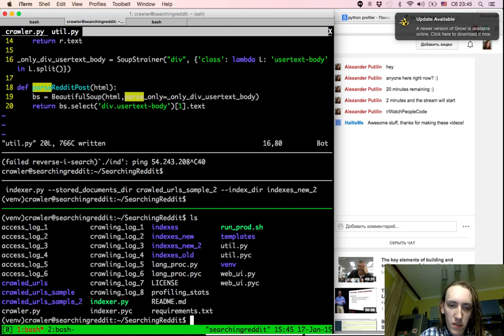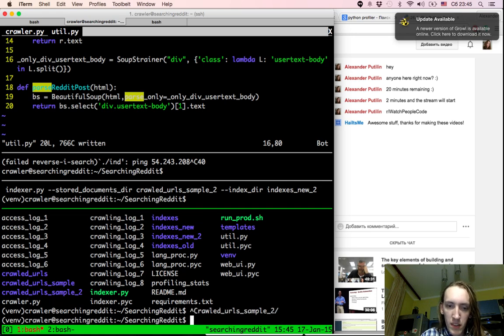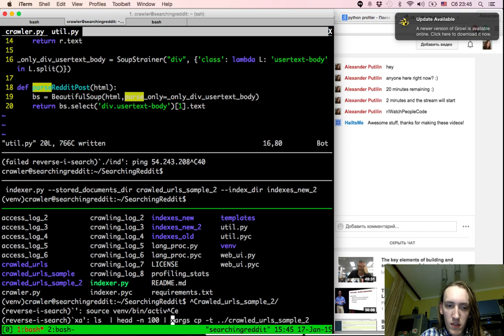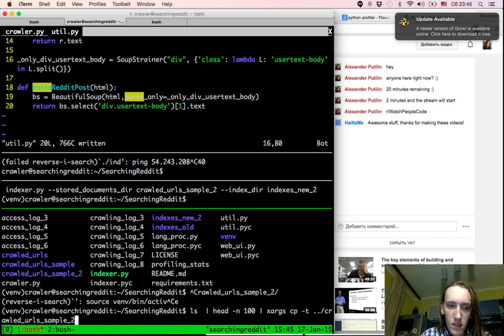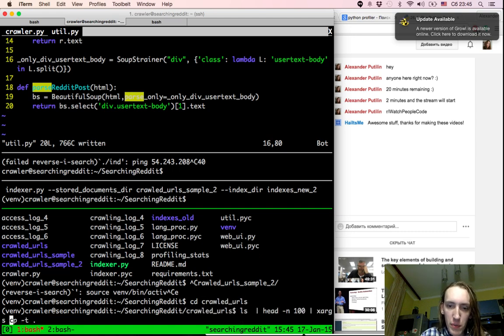By the way, what I'm going to do is just copy some random stuff from crowd sample to. Yeah, I need a single file. So I need to copy a single file to the parent directory,